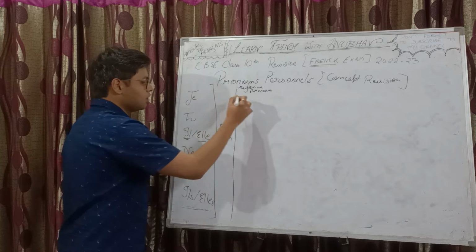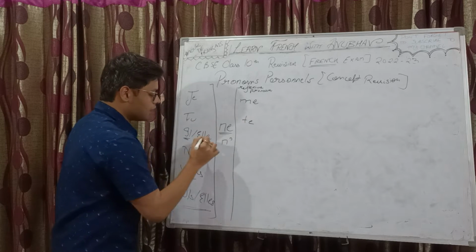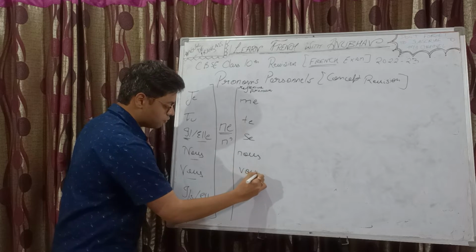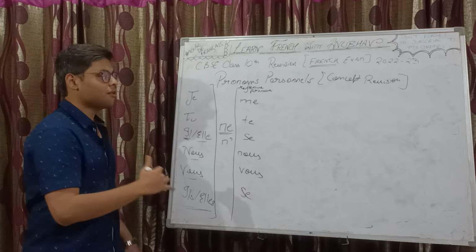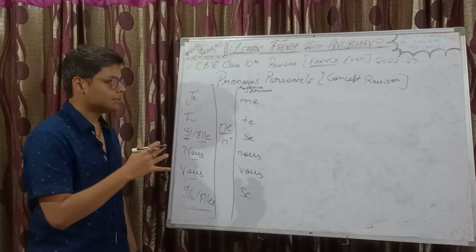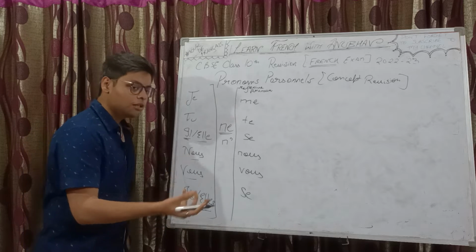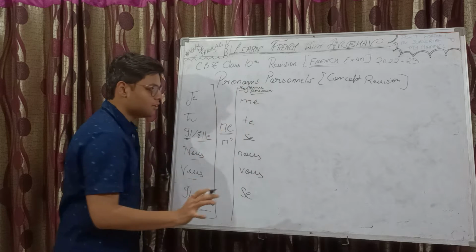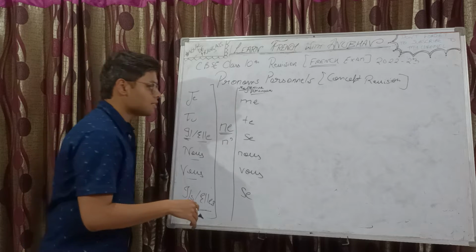For example, for je, the corresponding reflexive pronoun is me. For tu, it's te. For il and elle, it's se. Nous, it's the same, nous. Vous, it's the same, vous. And for ils and elles, se. These reflexive pronouns are what we use while conjugating pronominal verbs, and sometimes we use them in non-pronominal verbs as well, like il me dit, il me demande. Right, we say it like that. Il te demande, he asked you. In that way also we use reflexive pronouns. So these are your reflexive pronouns, always used in pronominal verbs and, in a few cases, in other verbs also.